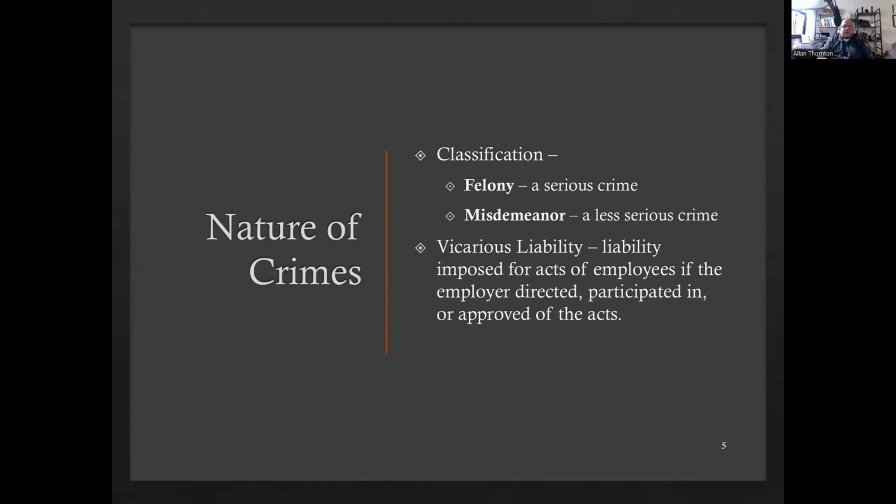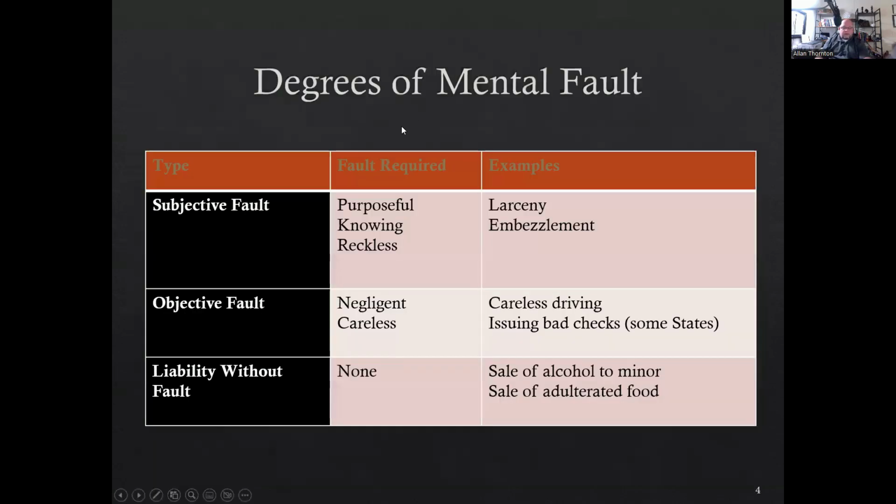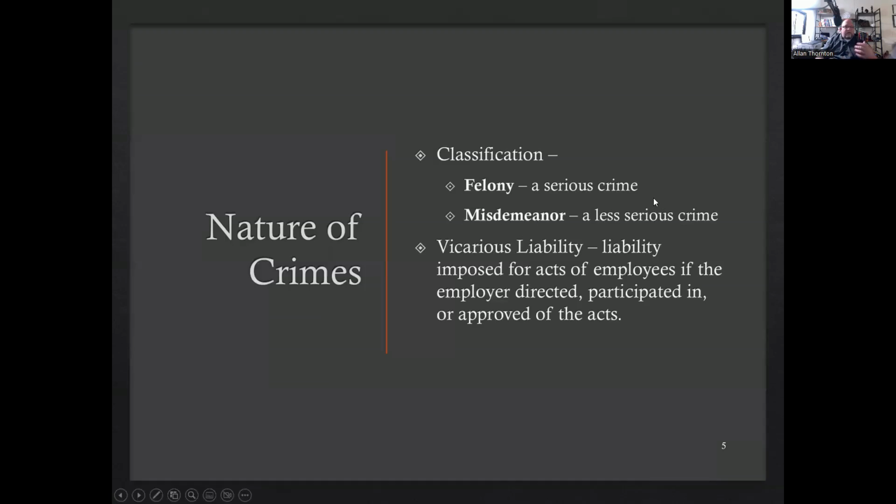Misdemeanors can be a suspension of a license, could be in a business setting, suspension of a business license. Not so much like a driver's license with an individual, but a business license. You could be told that you cannot sell alcohol. If someone is convicted of selling alcohol to a minor, they stand the chance of losing their liquor license, which allows them to sell alcohol in their establishments.